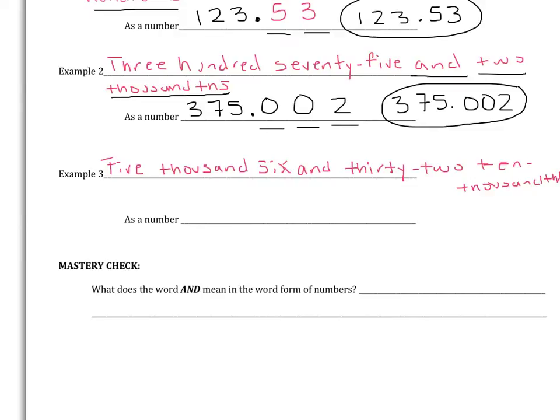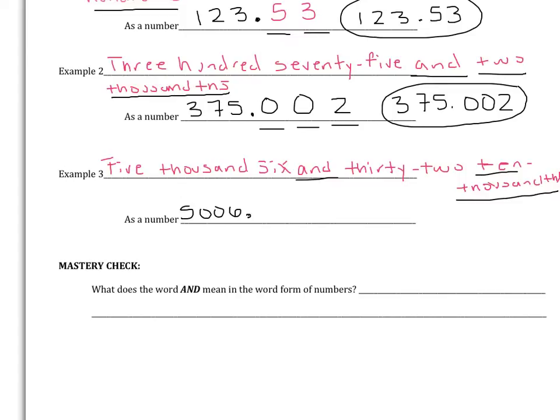Okay, so again, we're going to say, write what we see first. We see 5,006. We see the word and. That's going to tell us to put a decimal. And then we see 32